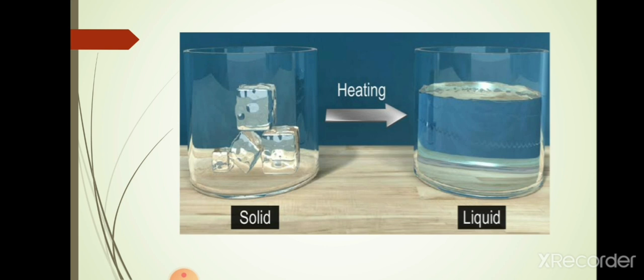Taking an example, take some ice cubes in a dish and weigh. Let it be 100 gram. Then heat it. Then it will be converted to water. Then again weigh it. The weight of the liquid and ice will be equal or same. From this example, we can say that if a substance undergoes a physical change, the total mass of the reactant is equal to the total mass of the product.